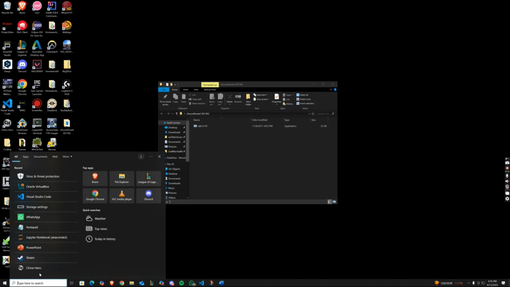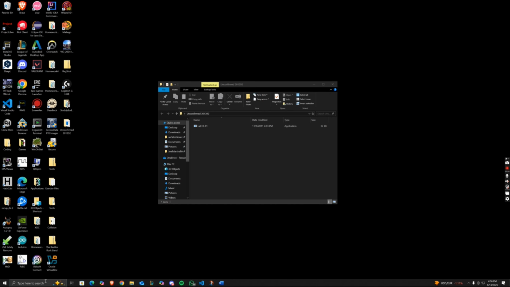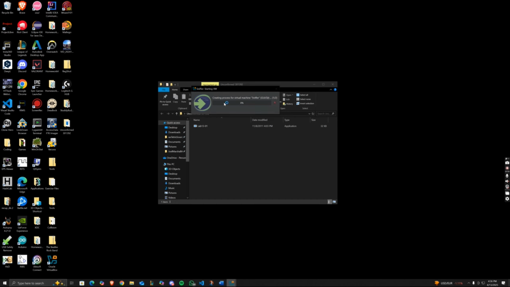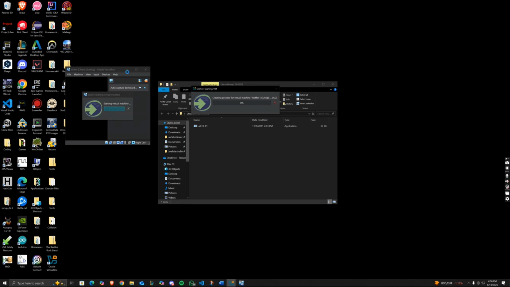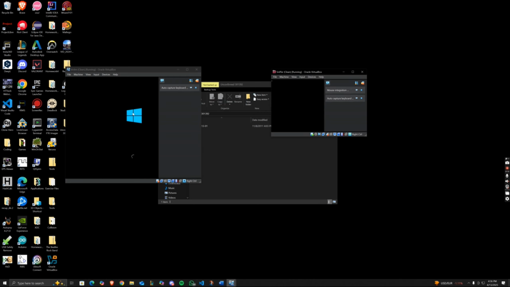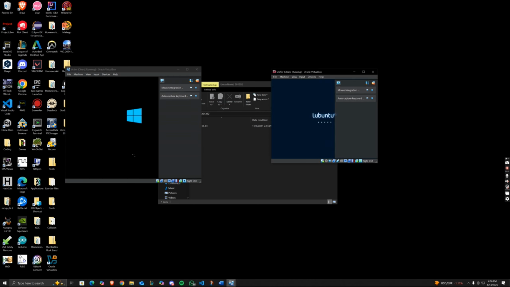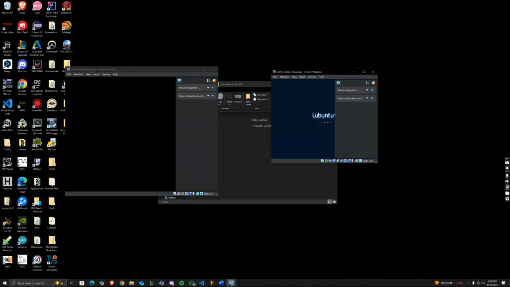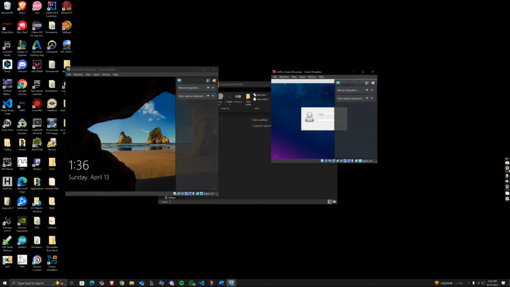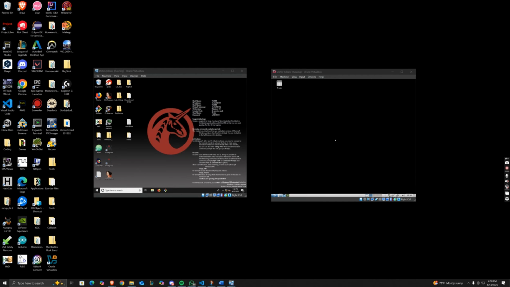Next, we want to open our virtual machine. This is the Windows one. This is the Linux one. Okay, so you can see that this is named victim. This is because the malware is going to be on this virtual machine, and then we're going to use the sniffer to detect traffic that's oncoming from the victim VM. Okay, so once you have your two VMs running,